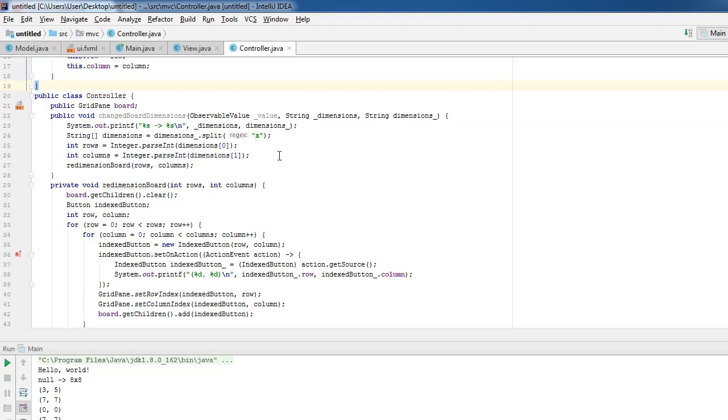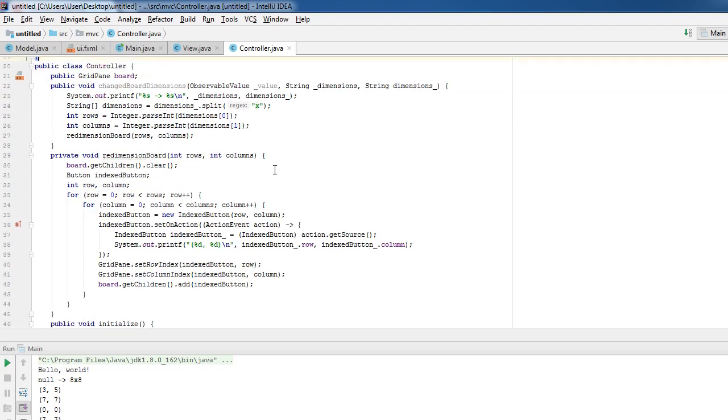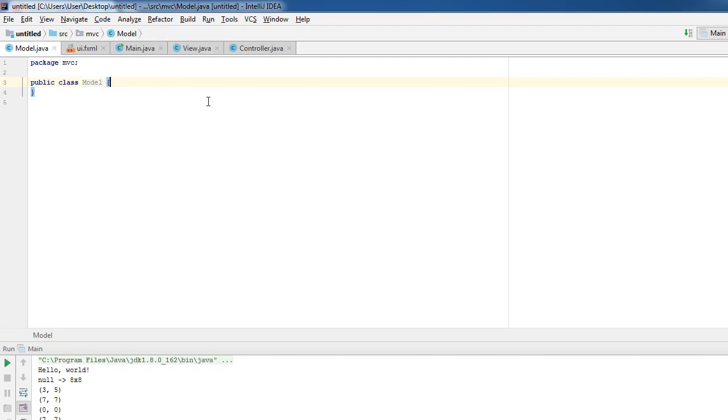One of the things that concerns me is that there seems to be too much logic in the controller. The basic idea of model view controller is that you've got a model, and the model is all about the computation side. For example, the solver is going to be in the model. It's going to have all our data and all this kind of information in it. So we're going to have data, for example, on the